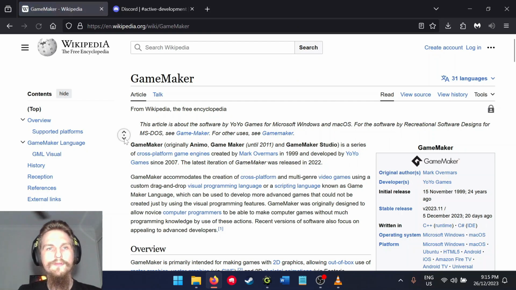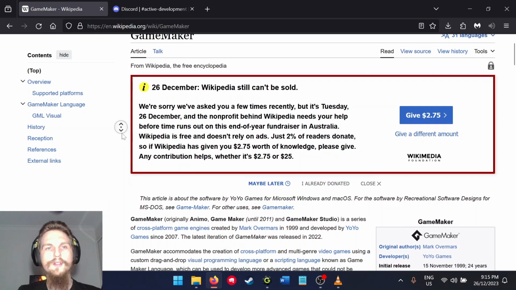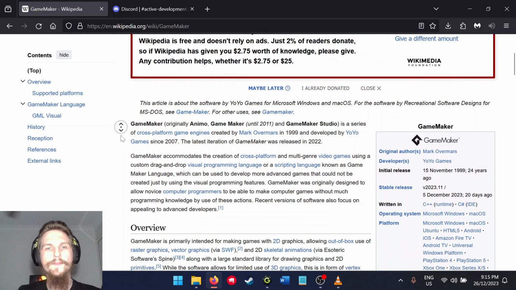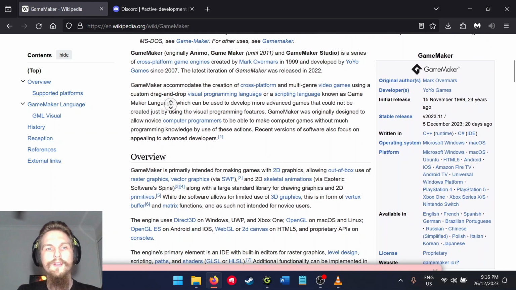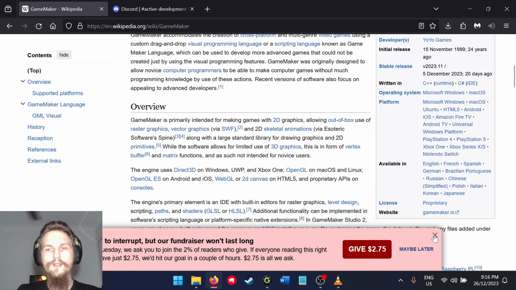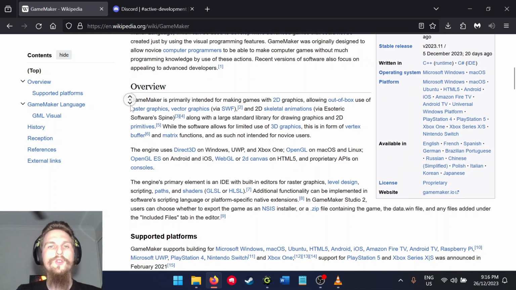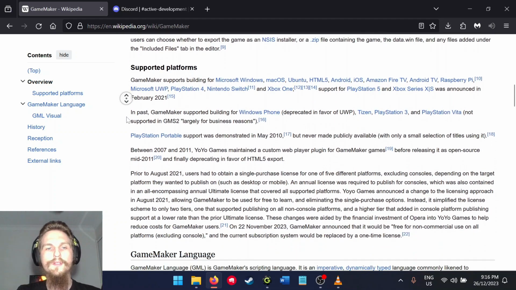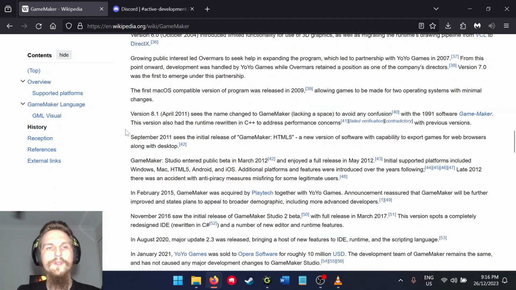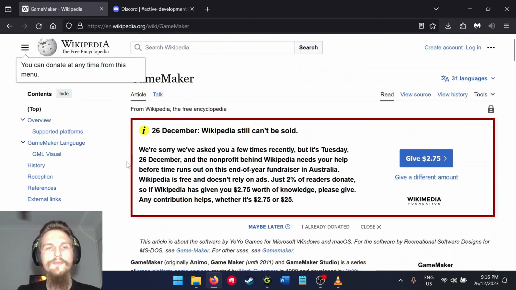Okay, so GameMaker is a game development software. It was created by Mark Overmars in 1999, developed by EA Games since 2007. And basically you can try the new versions of GameMaker, but I had bad experiences, so I don't really use them. And I'm working on my own engine